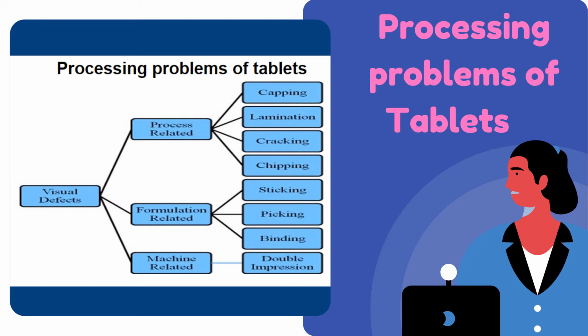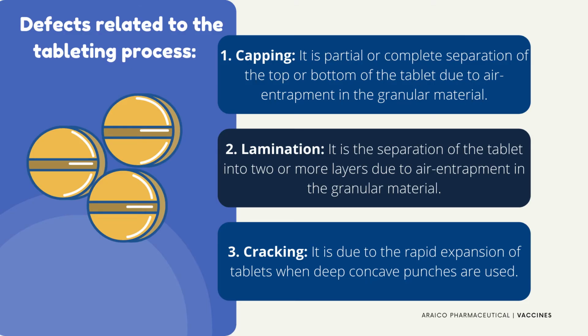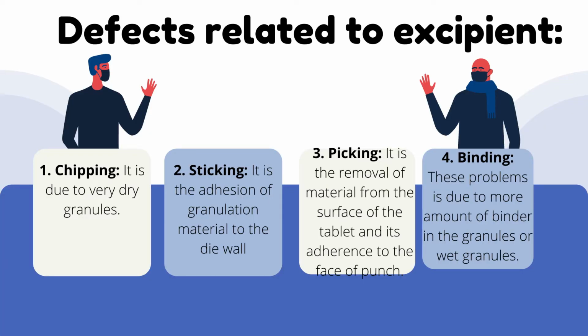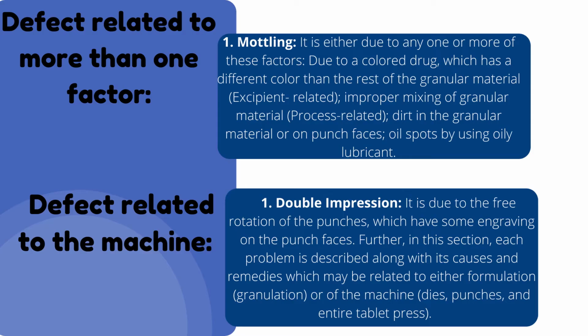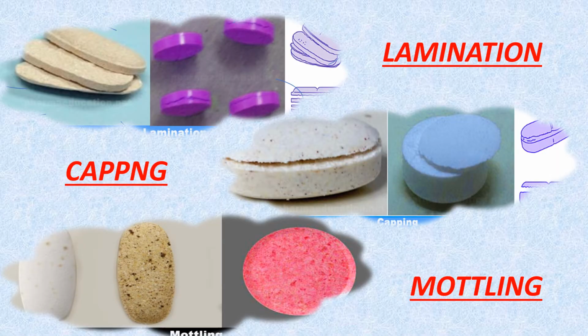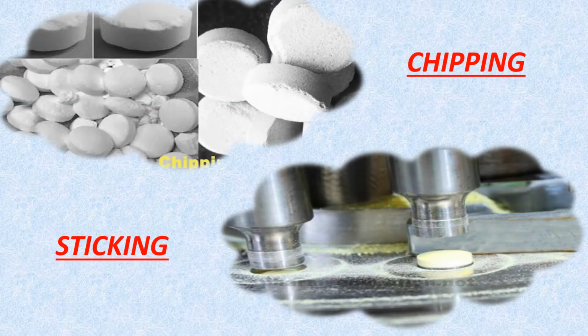Then there are certain problems associated with tablets. For example, capping, whereby the top layer gets removed, or lamination, where the tablet gets divided into layers, cracking, chipping, where some part of the tablet goes off and sticks to the machine. Picking, sticking, binding, double impression, when the upper punch presses the tablet two times, leaving two marks. These problems can be rectified by maintaining temperature control and addressing the associated processing problems. Then defects are related to excipients as well. So we need to identify these defects first, then solve these problems, and then we can have the removal of these problems.